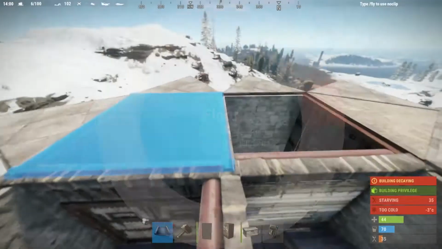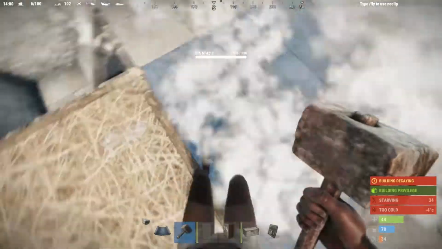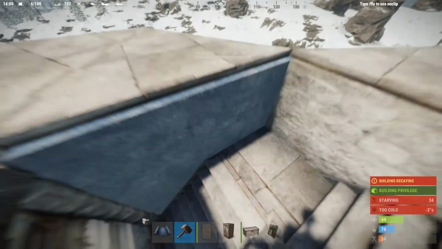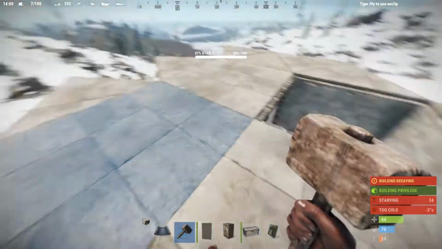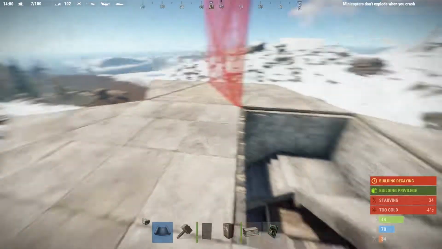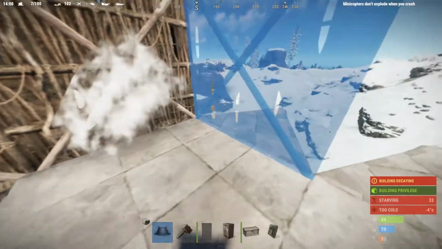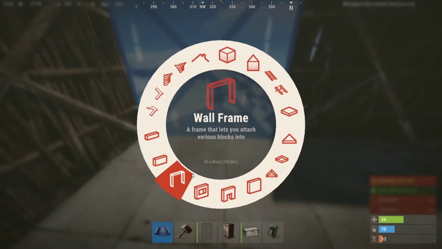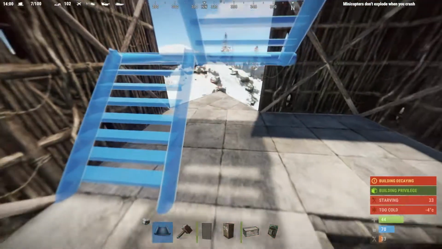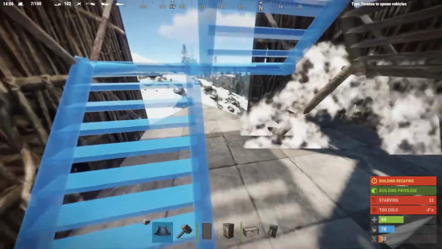Okay, so after you're done with that and ceilings, what I'd do actually, I would sheet metal a lot of this, a lot more than I did, if you have the resources, at least. If you don't, just keep it stone until you get the resources. But after that, what I'd actually recommend is you put one of these,